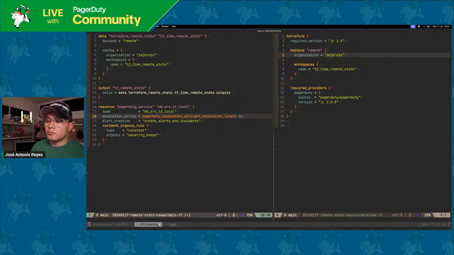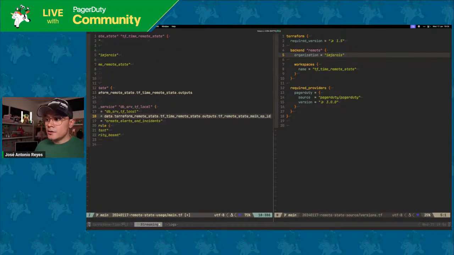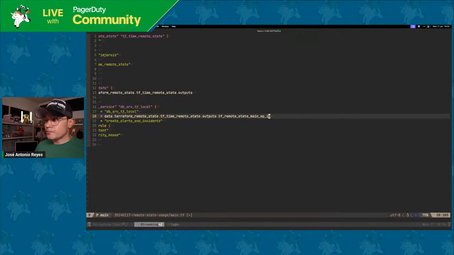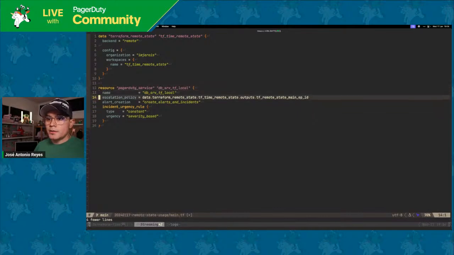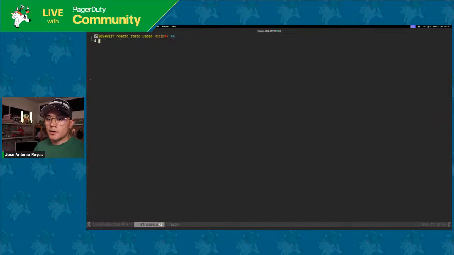So I'm going to go ahead and use the data source. You need to use this attribute of the data source, outputs, and here you can put the value you want to use. And I'll get rid of this because I don't need it anymore. And if I run Terraform plan,